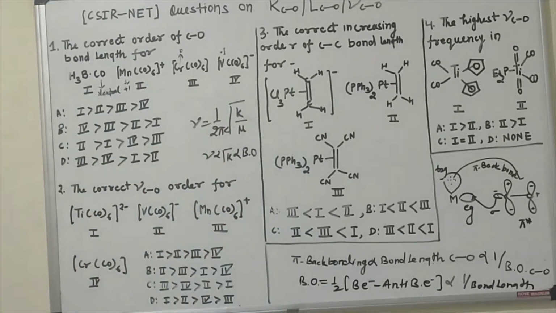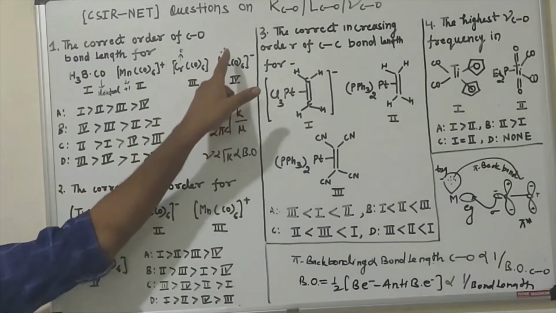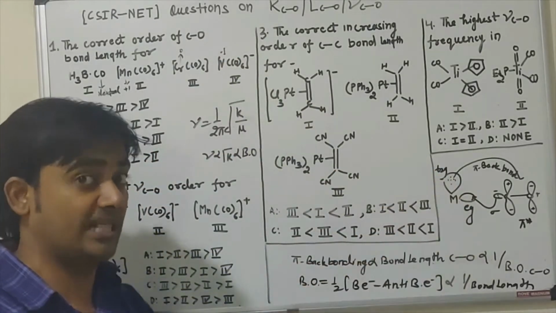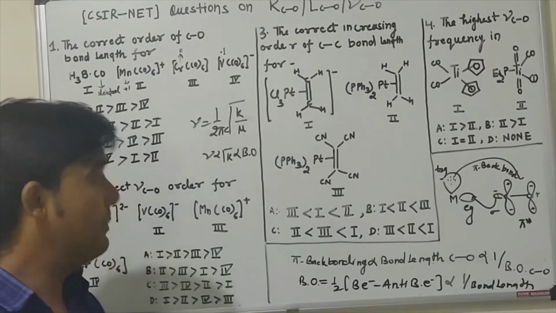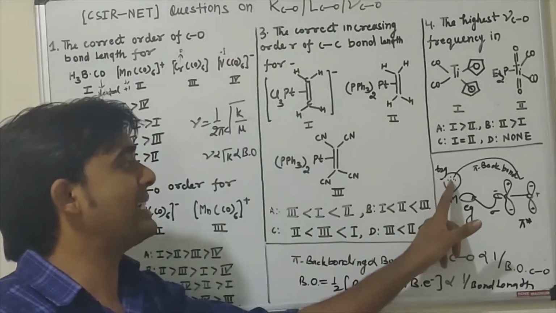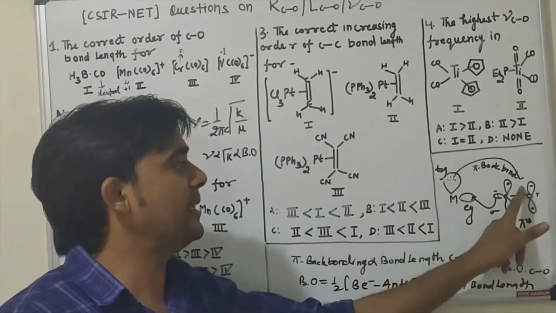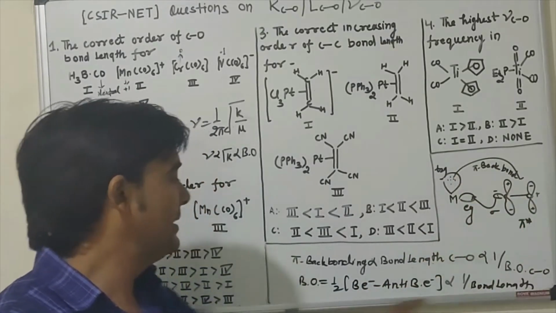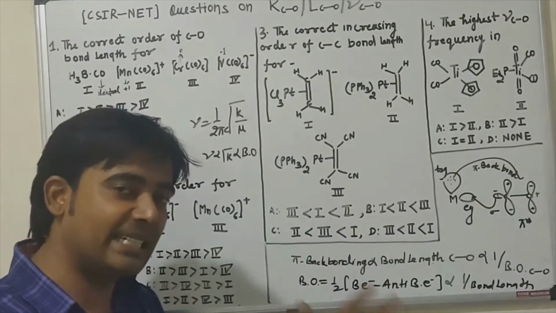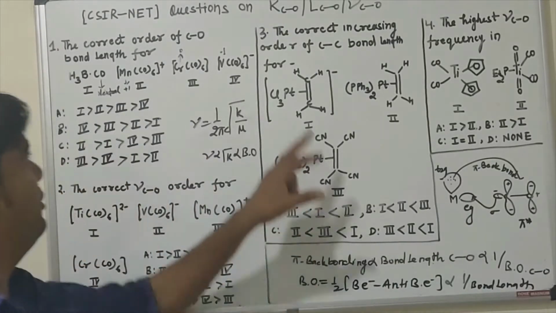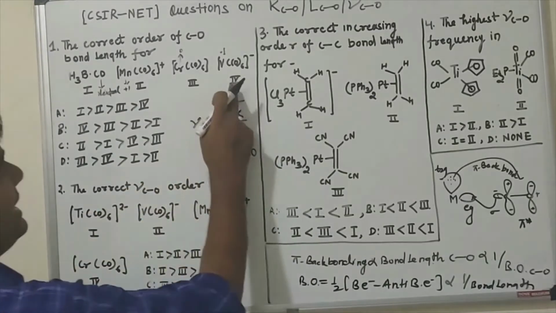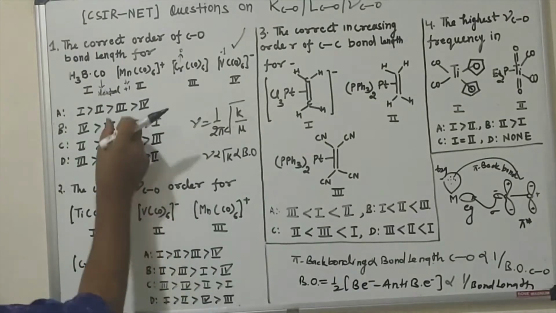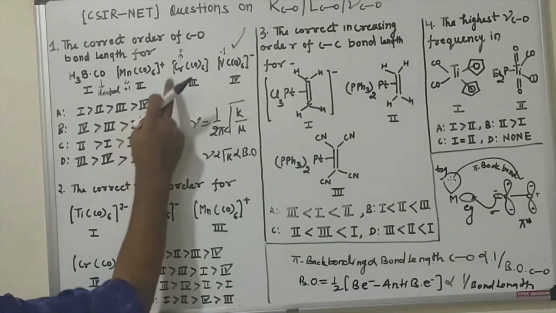Okay, now let's discuss. Here is the negative charge, so pi back bonding will be high because the t2g orbital electron density is high as compared to the others. Because of the negative charge, here is the maximum electron density which can participate in pi back bonding. If pi back bonding is high, then bond order will decrease, then bond length will be high. So in this case the bond length will be the highest. Now we are comparing the other cases.